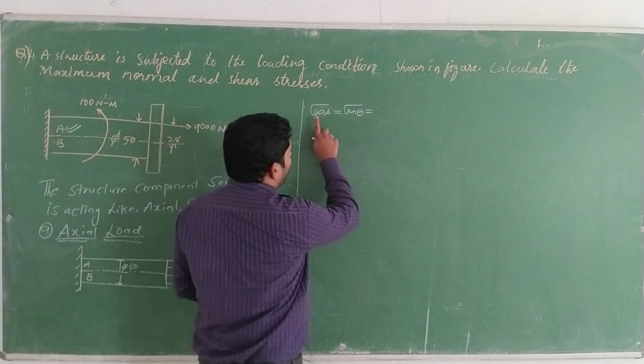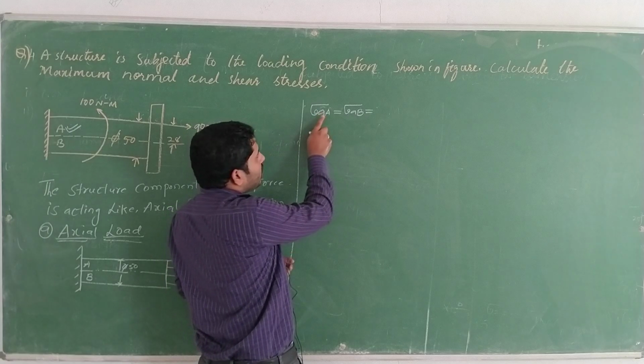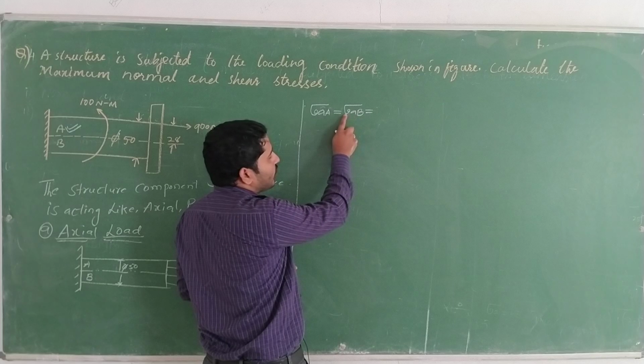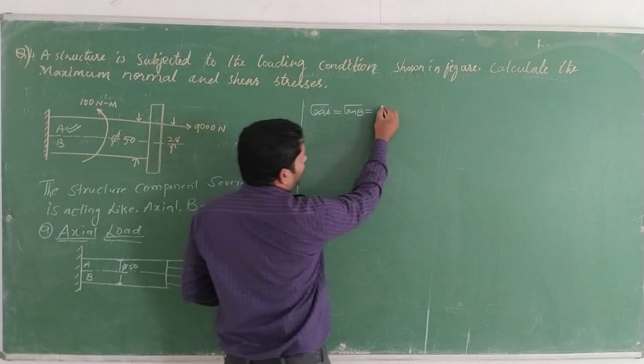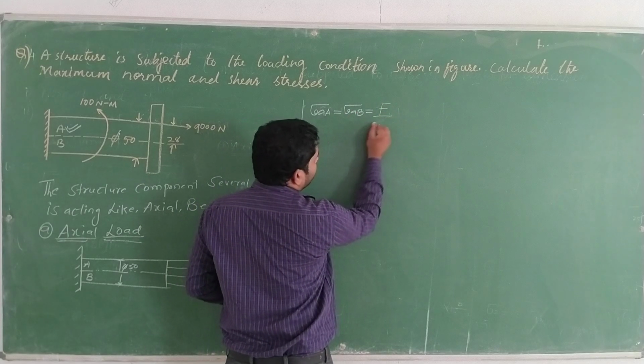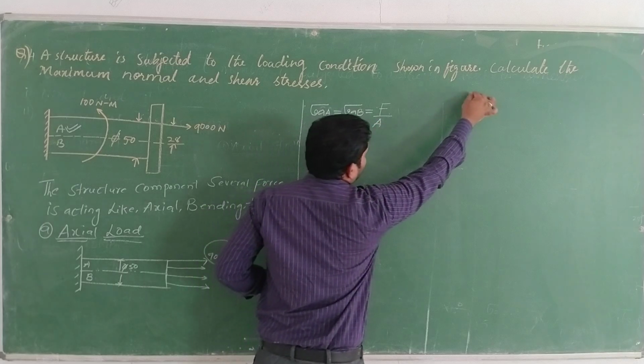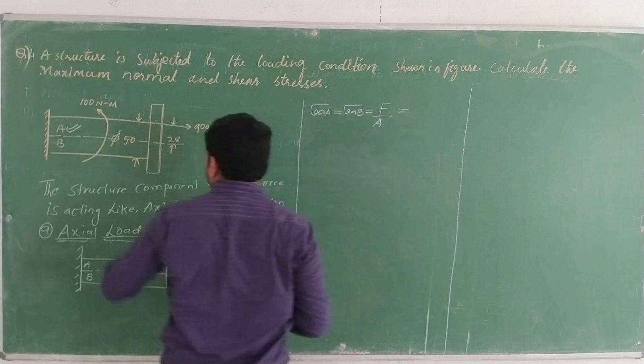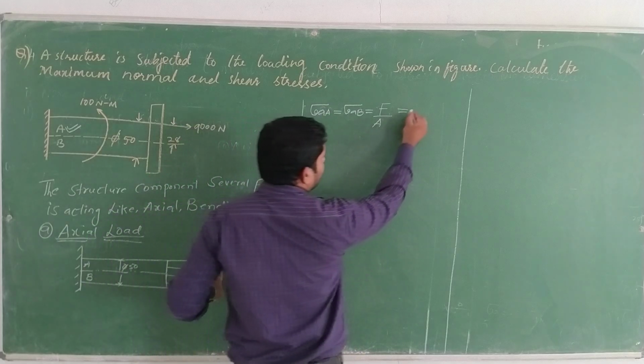Is it right? For that reason I represent the axial stress at A as equal to the axial stress at B. The formula is force per unit area. The force is 9000 Newton